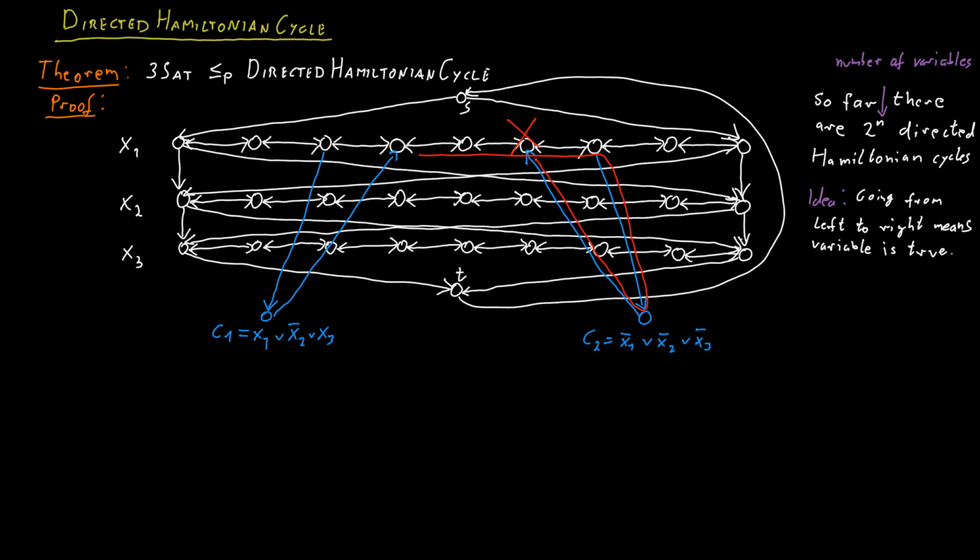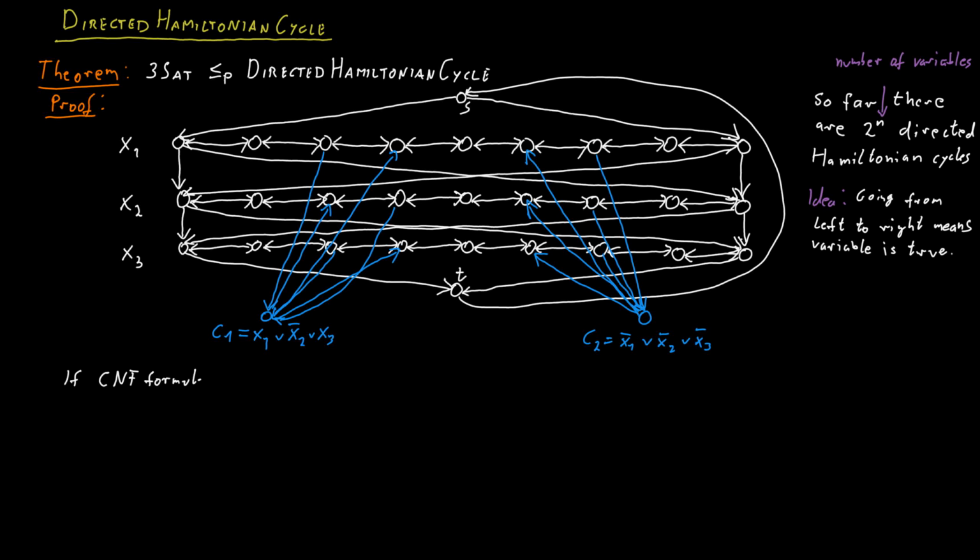Of course, it's possible that maybe for clause 1, x1 is false, but x3 is true, and so therefore we can satisfy the clause in that way. So for each of the literals that appear in the clause, we add edges according to this rule. So in this case, for x3, for example, we would also create directed edges from this third line like this. This finishes our construction. Let's see if it works.